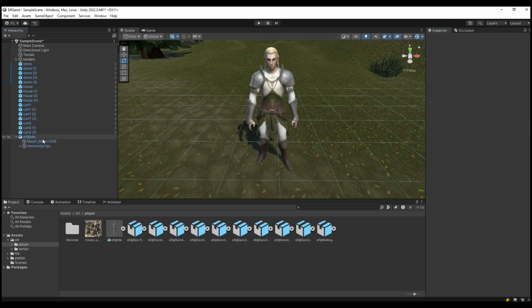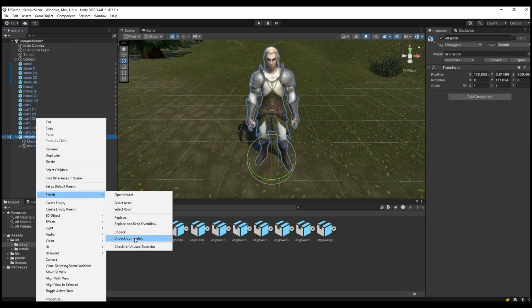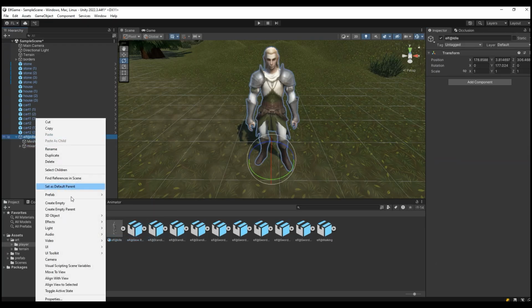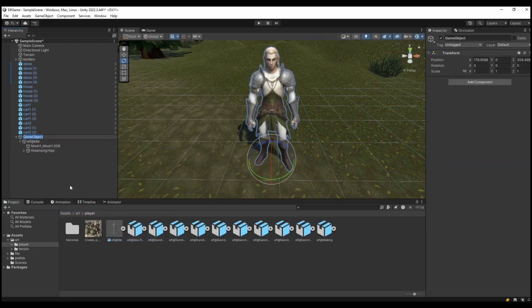Now I make another folder and call it elf holder. So I give all the codes here and only the animation goes there because I don't want to directly